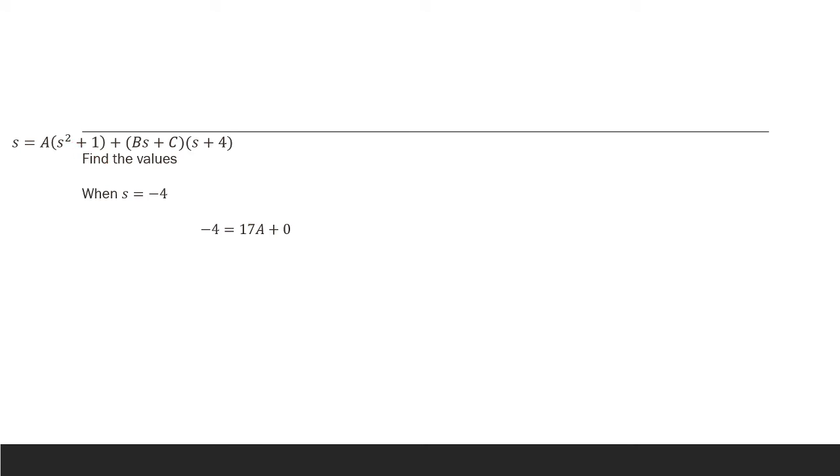So, we have 17A plus 0. Kasi ito makakancel tong part na to. We will have A natin is negative 4 over 17. Next, to solve for B and C,